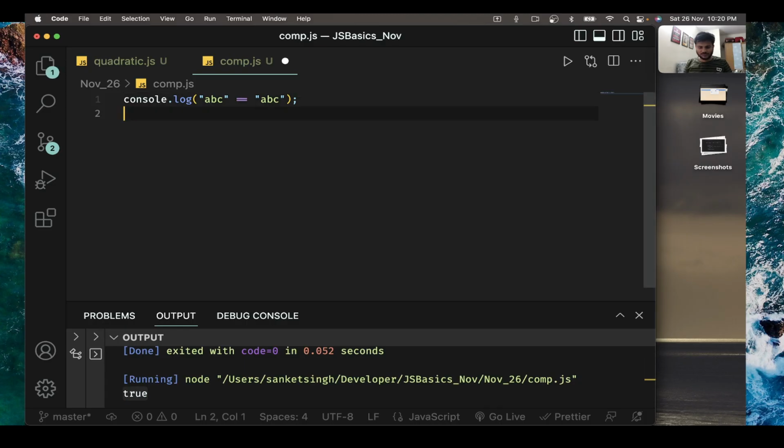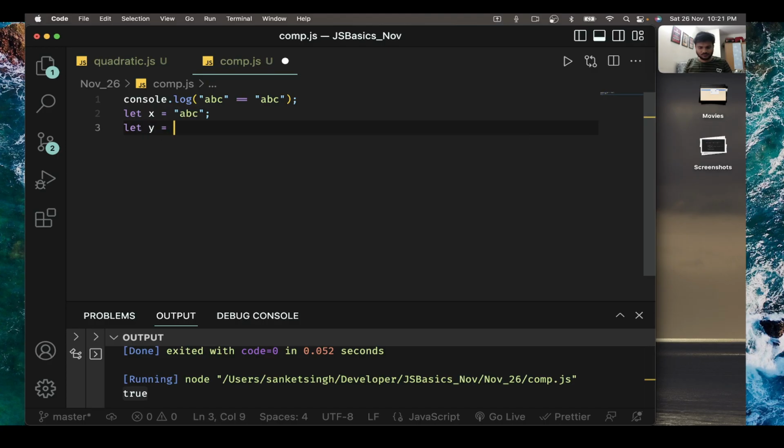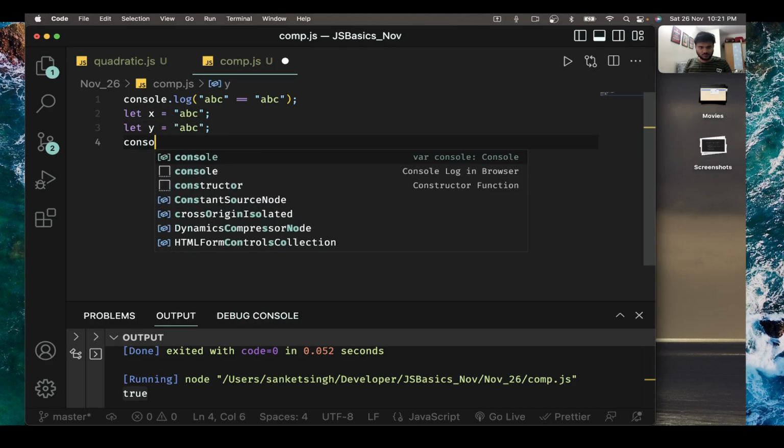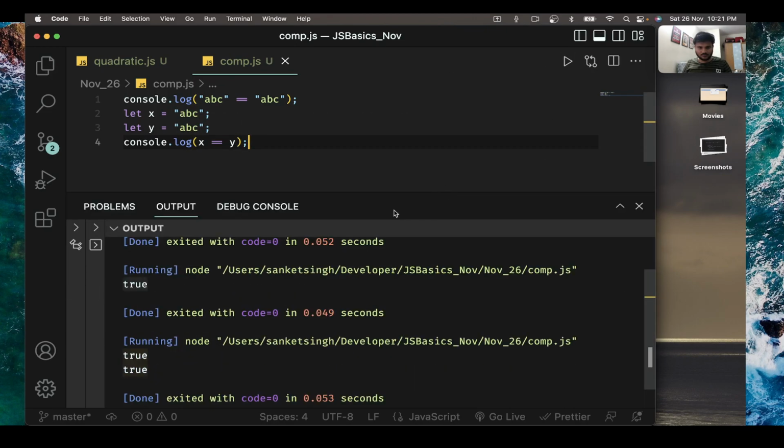Even if you have two variables, let x is equals to abc and let y is equals to abc, and we do console.log x double equals to y, and you run it,